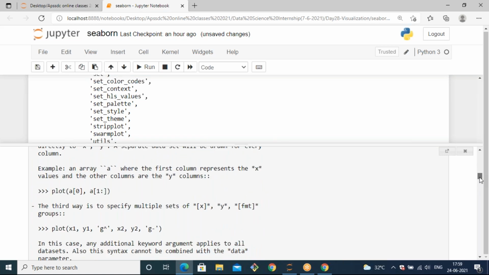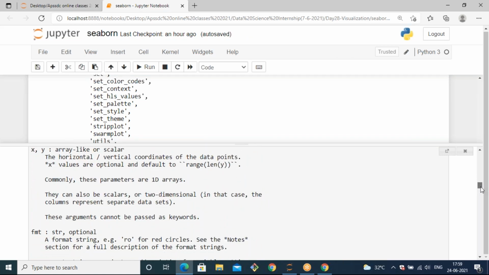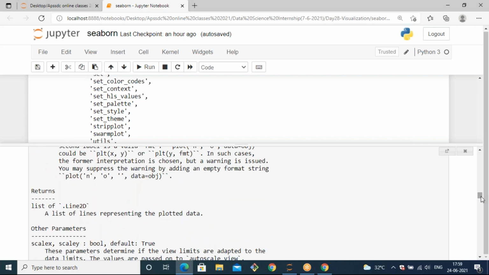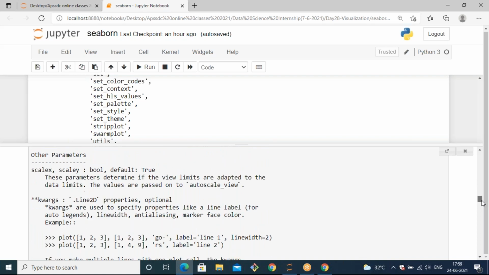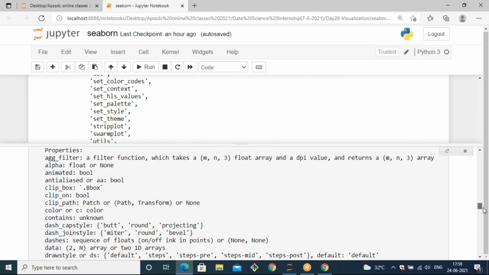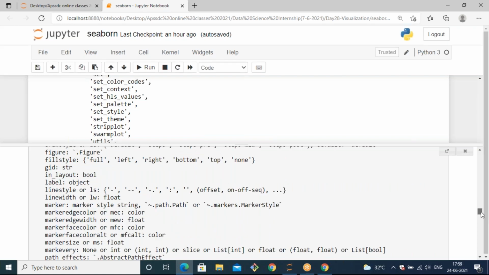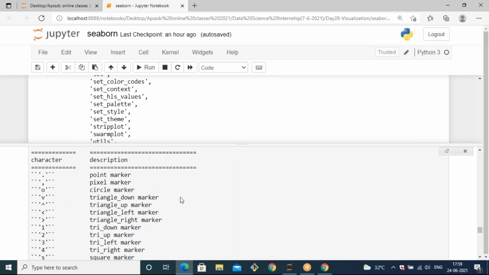Plot parameters. The initial parameters are x and y, and the next one is fmt, data, and keyword arguments, properties, markers. Scatter doesn't have a color parameter, so it will give you the supported types of markers.